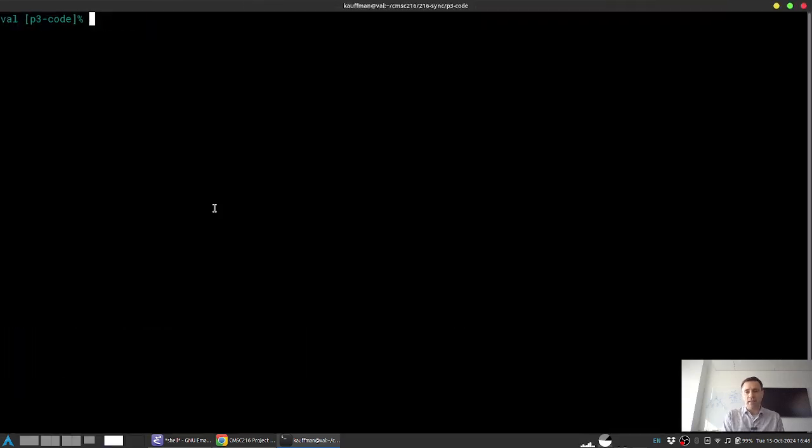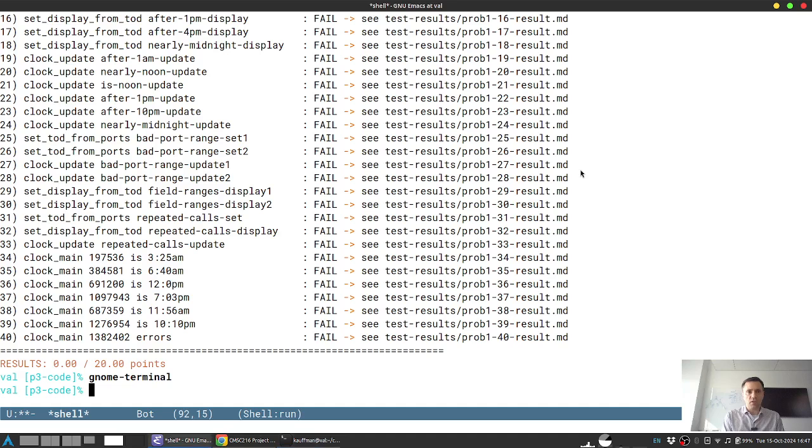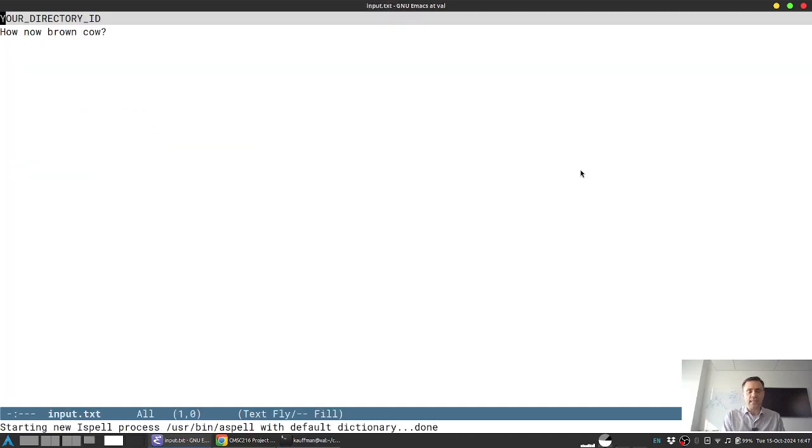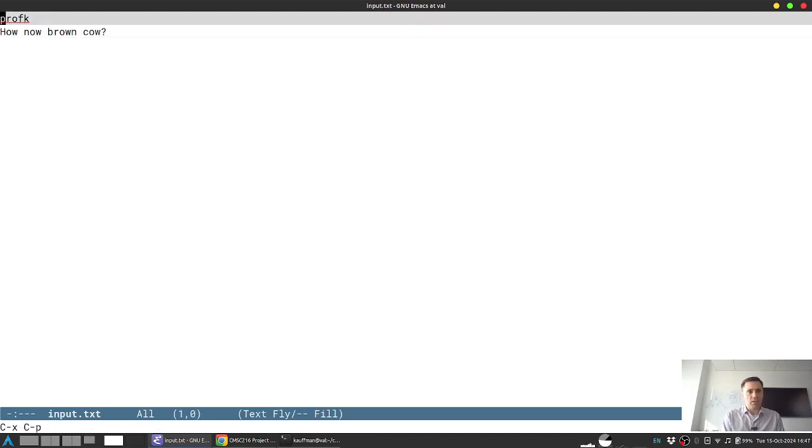GDB tends to behave badly under Emacs because Emacs has its own way of doing GDB stuff, but no matter there. So in here, there is a Puzzlebin. And the typical dev cycle is going to be to fire this up in GDB, but also somewhere over here to keep your input.txt up. And over here, I'll pick a semi-random one, prof k. There's a bit of a hint that the first input has some wordage associated with it, so I'll leave this as is for right now. But this is my unique ID, and so will give me my unique experience, just as it did